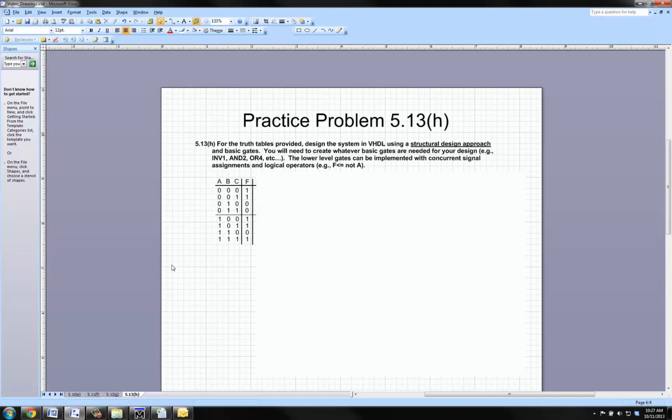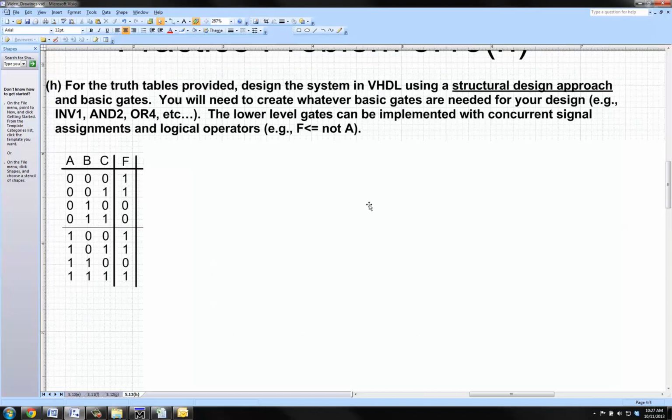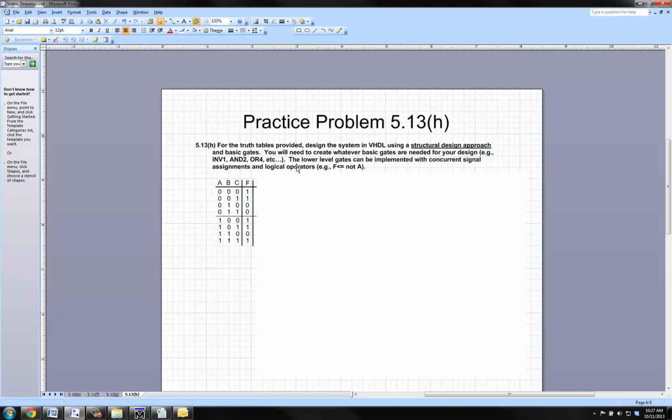This video is going to look at how to do structural design in VHDL using components, and we'll do this by working through practice problem 5.13H from the textbook. And if you look at this problem, what it says is for this 3-input truth table right here, we are going to design it with structural VHDL, which means we're going to instantiate lower level components in order